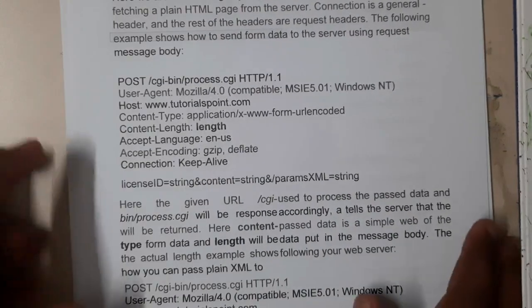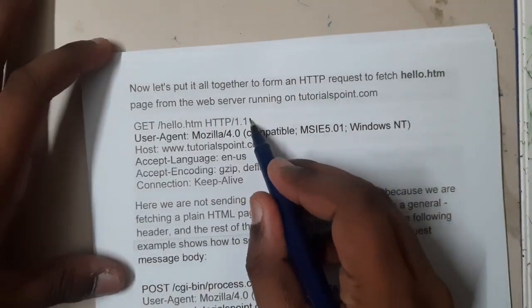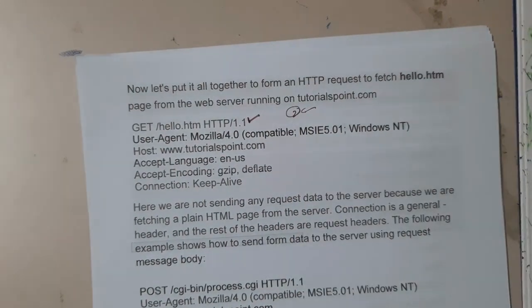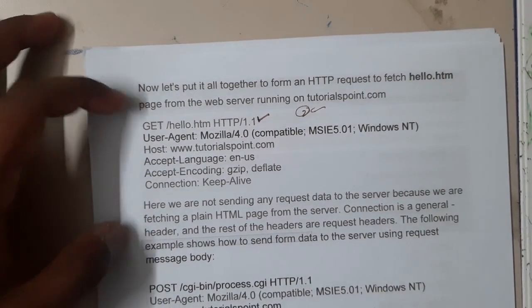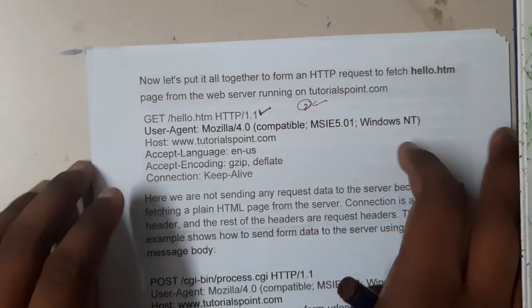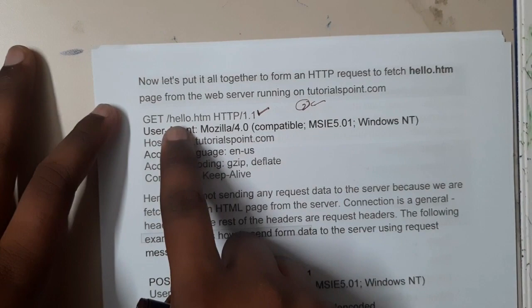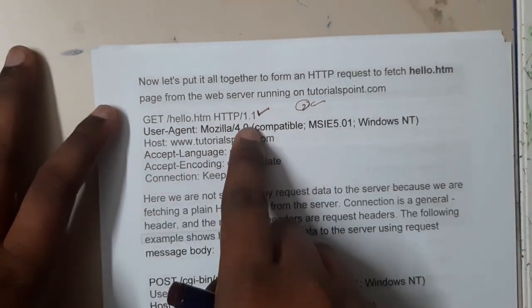Okay, so let us go through some examples, guys. Here, if you observe, this is the GET request. I think in unit 2, or unit 1 when we learned about HTTP requests, we discussed these things, because these are nothing but the HTTP request and response, which we discussed previously. Here we are trying to get hello.html. From hello.html you are trying to get some data. You are using HTTP version 1.1.